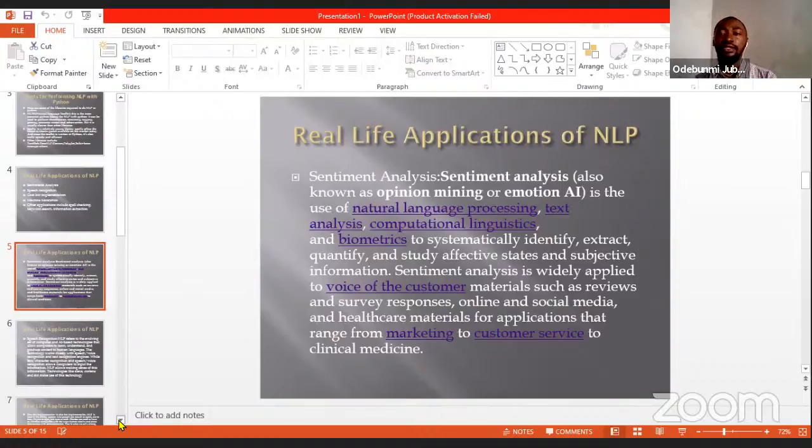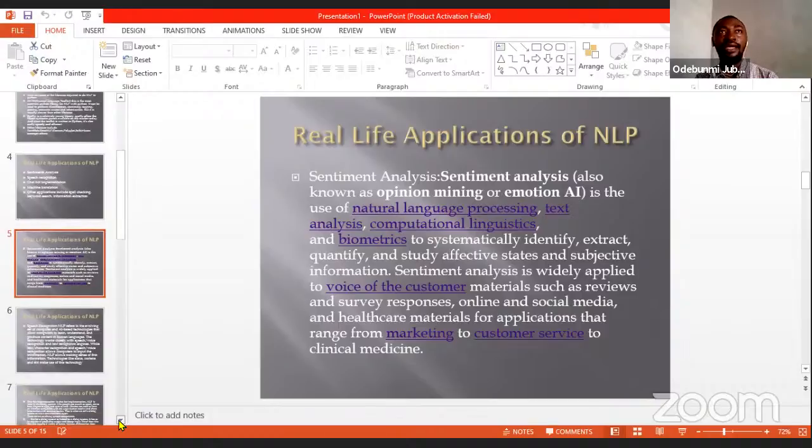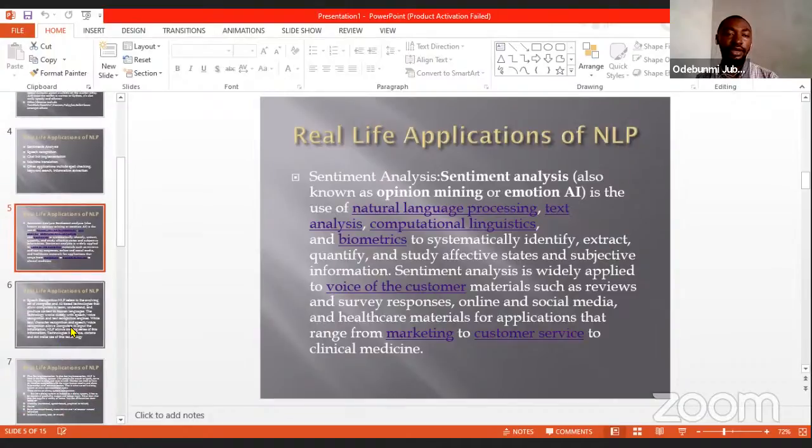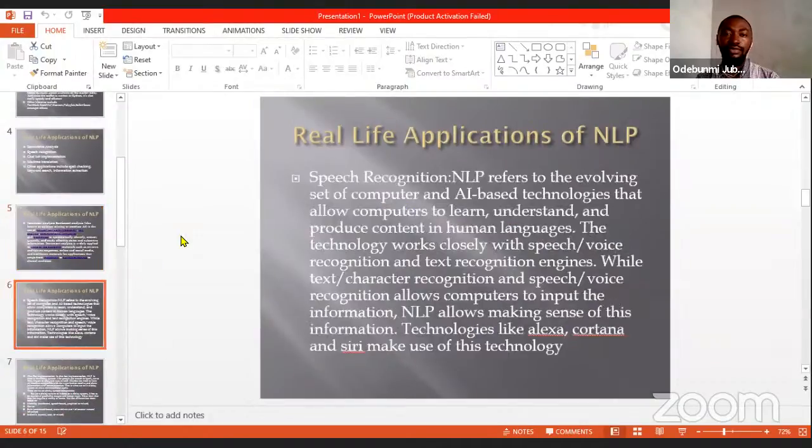You can also detect emotions in emojis. On the emojis you use, you can tell whatever you mean to say with it. And when you apply exclamation marks and stuff like that, it also sees the importance or quantifies the word or sentence you made. Next is speech recognition. So this is